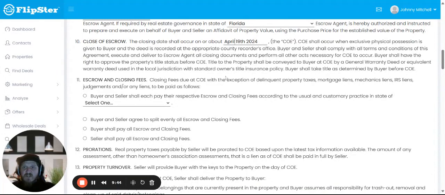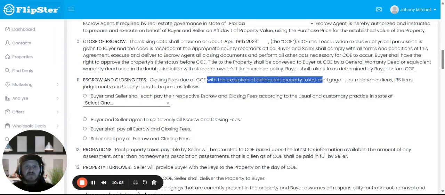Escrow and closing fees, with the exception of delinquent property tax, mortgage liens, mechanics liens, IRS liens, judgments, or any of the liens. So everything is in here. It just tells you what we agree to. We always tell the sellers that we will pay the closing costs. Okay, and that's true. We do. Closing fees due at close of escrow, with the exception of the rest of that stuff. Buyer and seller shall each pay. You can pick one. If you and the seller decide that y'all are going to pay half of everything, but for the most part,